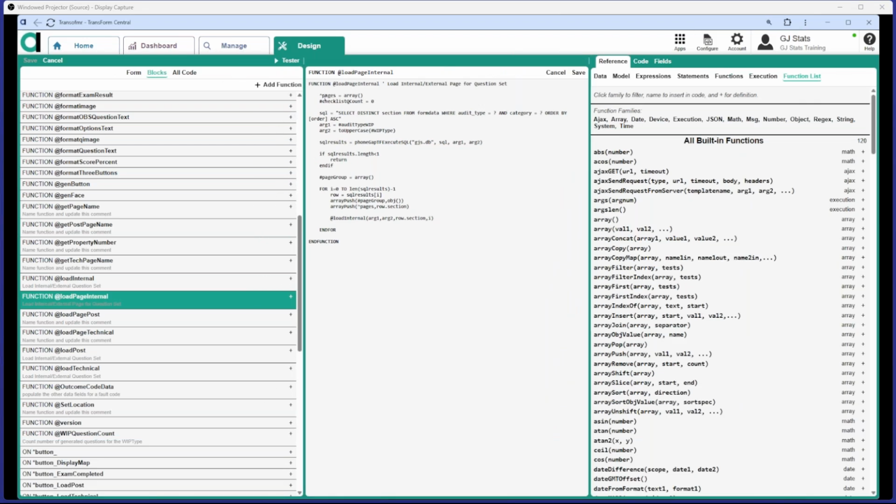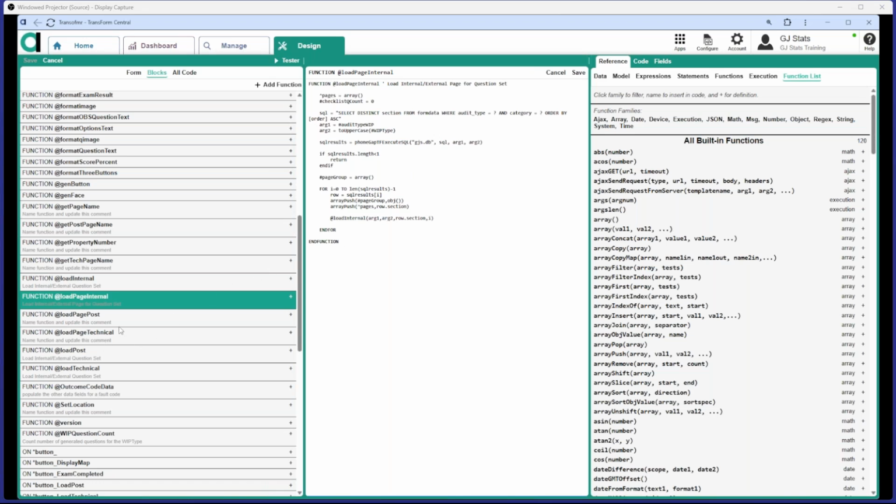Right. So first thing it's doing is set up an array, and it's selecting distinct sections. So it's looking for the sections where the audit type, passing the argument of the audit type, WIP and the two parameters. And then ordering by order, so it can control the order they appear. So that gives each section each page header. And what it then does, it loops through it, and for every one it generates, it creates the page groups. It then actually does the load internal. So for each one it finds, it then loops through for the load internal,